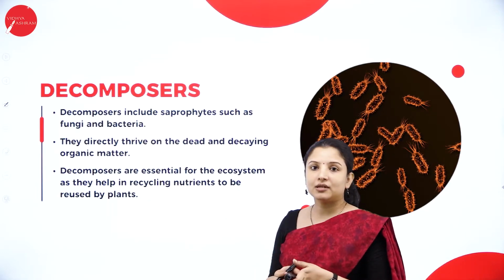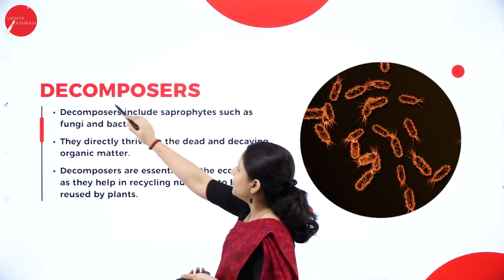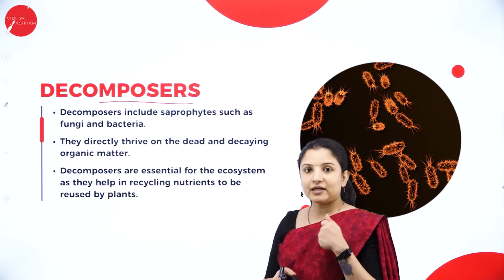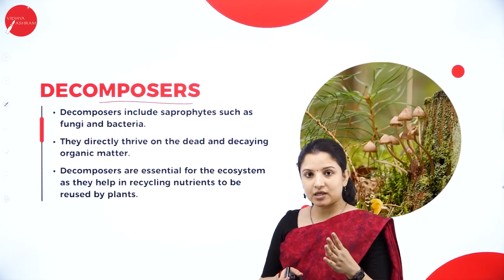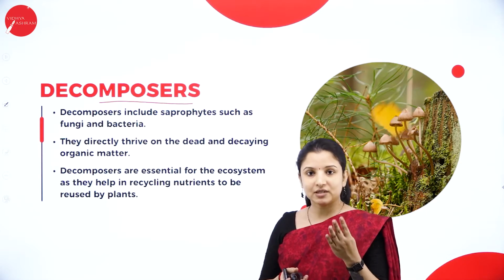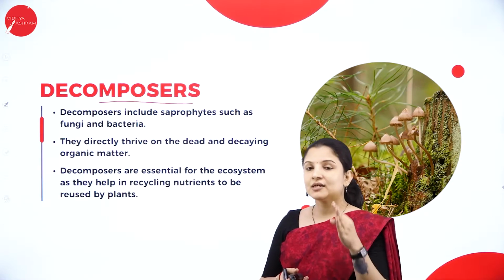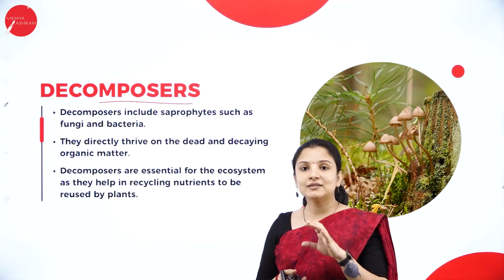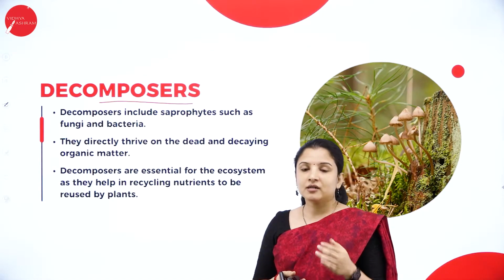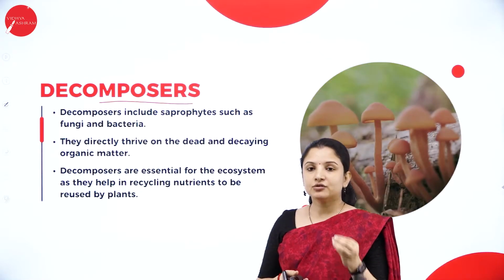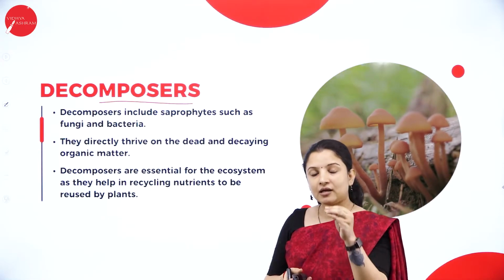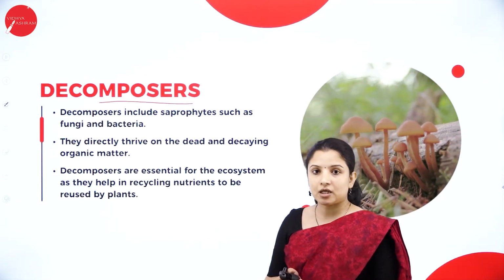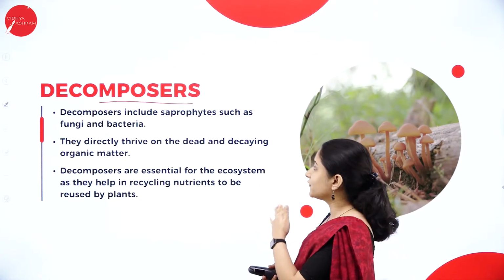So next, talking about the last biotic component, that is the decomposers. Decomposers are the ones that decompose the organic material. So all these, the producers, the green plants, the primary consumers, the secondary consumers, the tertiary consumers, the quaternary consumers, all of them at the end have to die, right? They are not immortal. They need to die. So when they die and decay into the soil, how do they decay? They decay because of the presence of these decomposers.